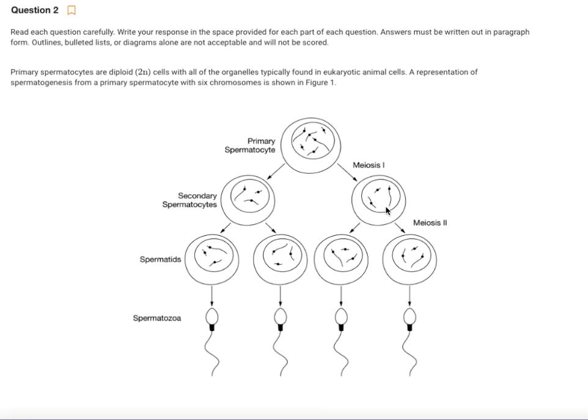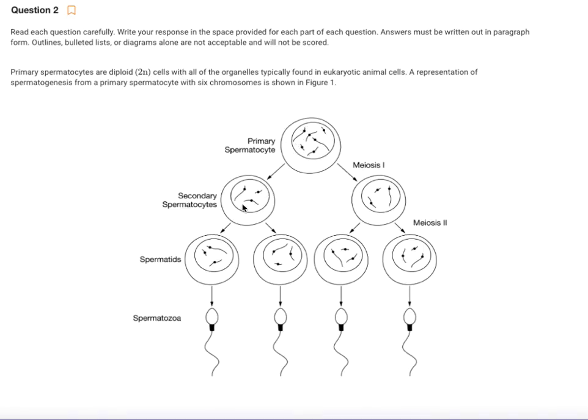Now these only have 1 copy of each, and it doesn't necessarily mean mom, mom, mom, dad, dad, dad. It's unlikely to go that way. It's possible. There's a 1 in 8 chance if you have 3 chromosomes,